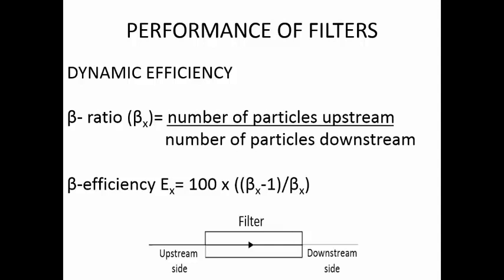So if you want to have 100 bar pressure on this side, and the fluid is passing through this, because it is passing through a difficult path, some energy of the fluid is going to be lost. So on the other side, you may be getting 98 bar pressure or you may be getting 94 bar pressure. So you are losing some amount of pressure in the filter. So if you want 100 bar pressure on the downstream side, then you have to supply some higher pressure, maybe 104 bar. After it passes through the filter, it is going to get 100 bar pressure. So there will be some amount of pressure drop in the filter.